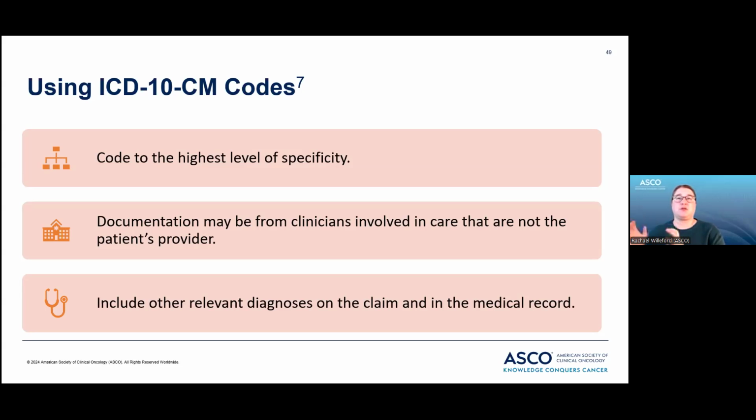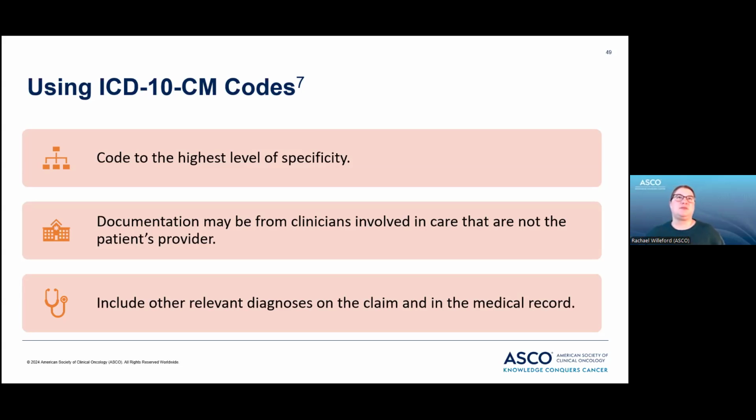That's specific to social determinants of health. And then finally, you should include all other relevant diagnoses in the claim and medical record as they are appropriate. For example, that serious high-risk condition like the patient's cancer that you are assessing and treating, and that is the reason for this